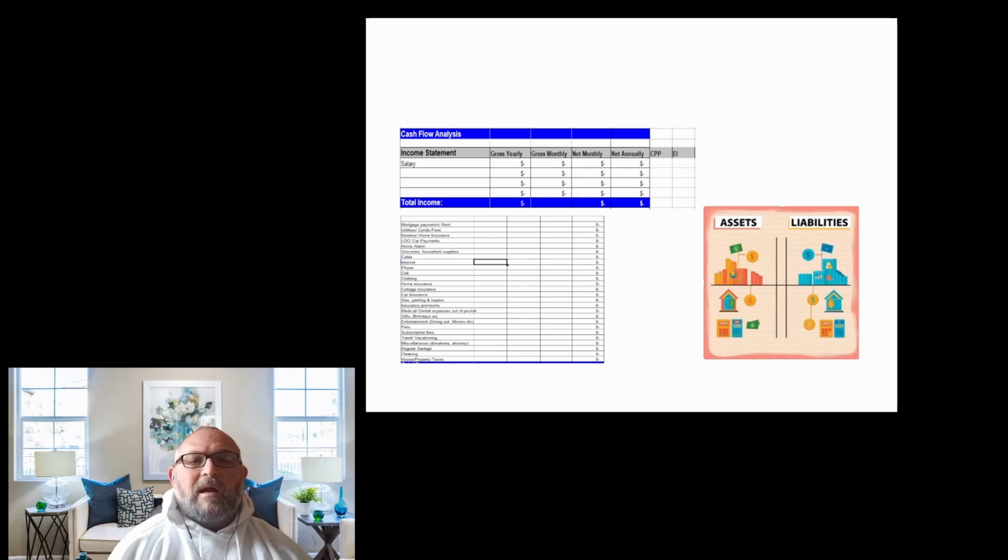Now, for your assets, it's anything with cash value: cars, if they actually have real value, like antique cars, stuff like that. Even your current vehicle, it's worth something. They're depreciating assets, so a little tougher, but you can put it in there. Artwork, jewelry, coin collection, stamp collection, stuff like that, if it's worth actual money. Anything with cash value. If you have a life insurance policy that has a cash value, the cash value would go in assets, and the liability, you have to pay it. So if you're still paying for life insurance, you put it there.